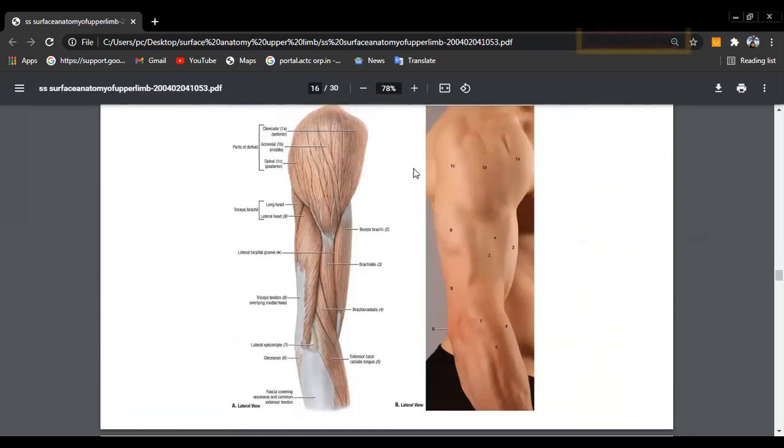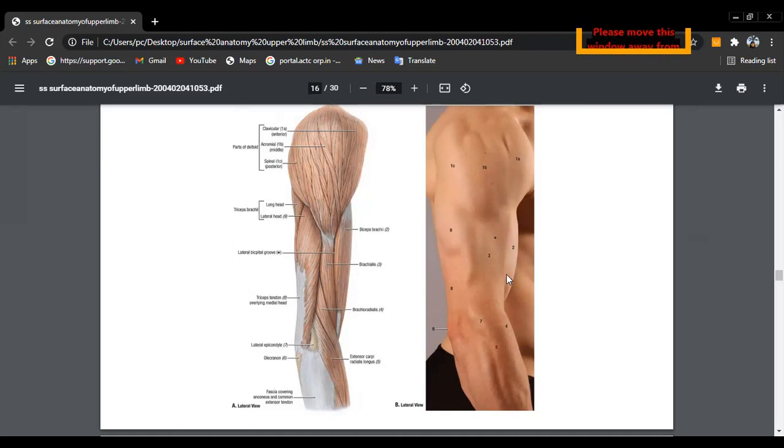Okay, now this is a comparative picture. This round contour of the shoulder, you can easily name this muscle as deltoid. In front, the fibers are clavicular fibers. Behind, the fibers are coming from the spine of the scapula. In the middle, we have acromial fibers. It's a multipennate muscle, and the point where it is inserted is the deltoid tuberosity. Then this point, which has been named number 2, is biceps brachii. Behind, we have the triceps muscle. Below biceps brachii we have brachialis.